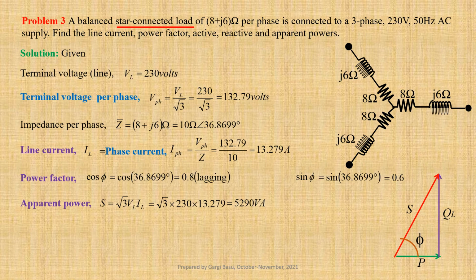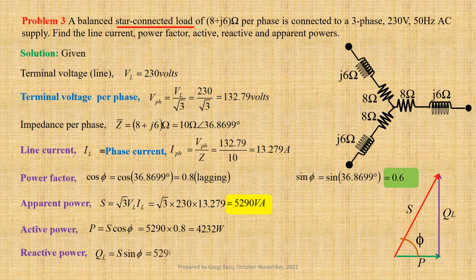From this triangle we get active power P equals S into cos phi. Using values we get 5290 into 0.8, that gives us 4232 watts. And reactive power QL equals S into sin phi. Using values we get 5290 into 0.6, that gives us 3174